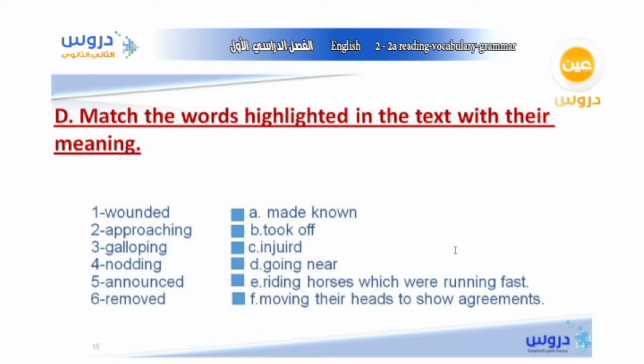Here we go with B. Match the words highlighted in the text or even the test with their meaning. We have 6 words: wounded, approaching, gulping, nodding, announced, removed. All of those were mentioned in the previous passage. So what do you think wounded means? Approaching. Okay, so only match it with the right column, the words in the right column. What do you think? I'm giving you a second